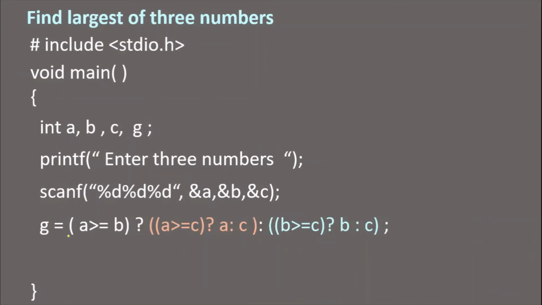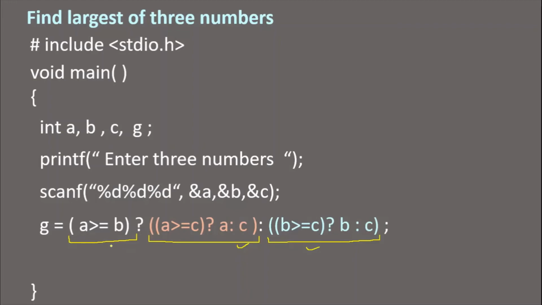When you look at this expression, which is expression number 1, it is the condition. Now what condition is it checking? It is checking whether A is greater than or equal to B. If this condition is true, then this part, which is written using red font, will get executed. And if this condition is false, then this expression 3 will get executed. So either this will get executed if it is true, or this will get executed if the condition is false.